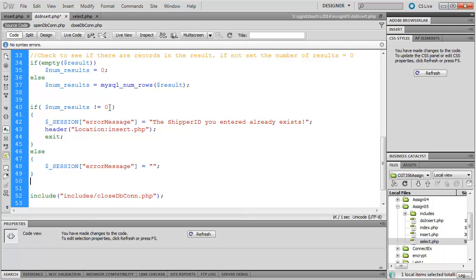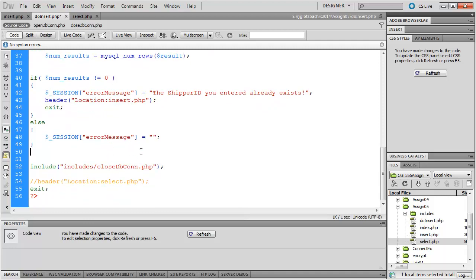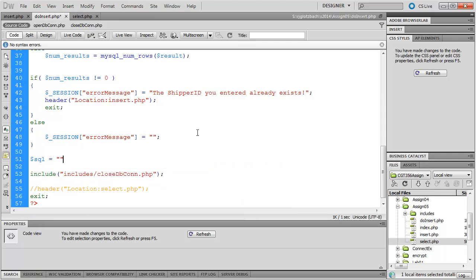If there was, set the error message and redirect. If there's not, let's keep going. So now below here, we are finally ready to make our insert statement. So we do $SQL. Once again, we can reuse that variable. And this one's going to be insert into Shippers Lab 5. We need to list the columns inside of those parentheses, the keyword values,